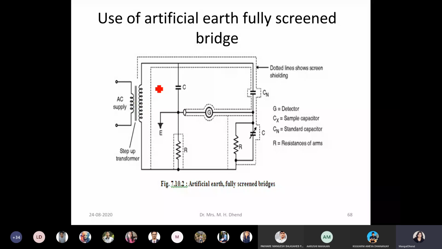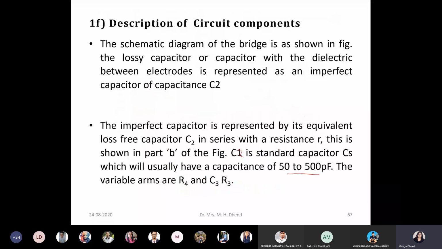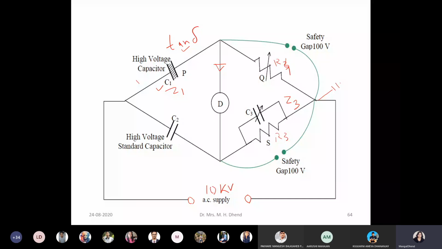When we apply high voltage supply to the Schering bridge, I want to clear the shielding concept, because this safety concept I also cleared for you, which is expected in the exam. Now see, when we are giving high voltage supply here, it is the secondary side of the transformer, and here the primary side. Now you know why these safety gaps are there, because high voltage may come across us. Similarly, when C2 is connected, there may be air and a number of things, atmospheric conditions on this side, lab equipments are there. So that also has capacitance. You know the stray capacitance from the atmosphere.